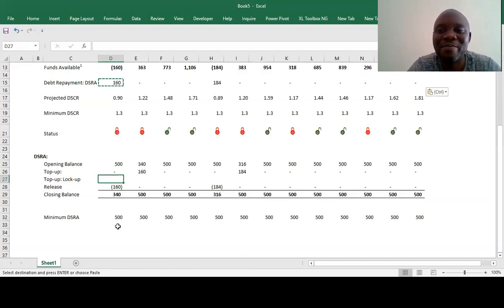It's a clever way by the senior lenders to safeguard, to hedge against liquidity risk or defaults.